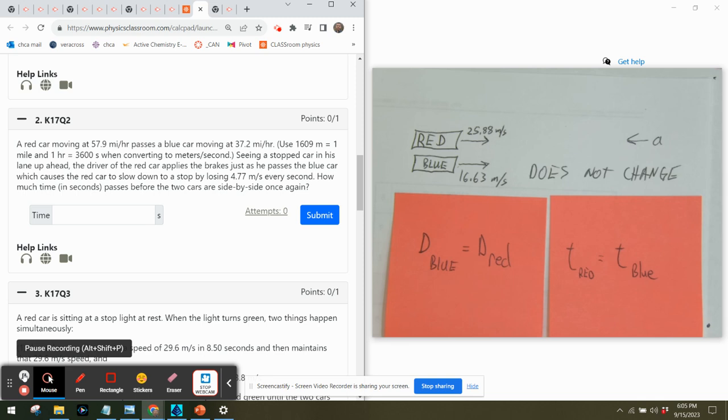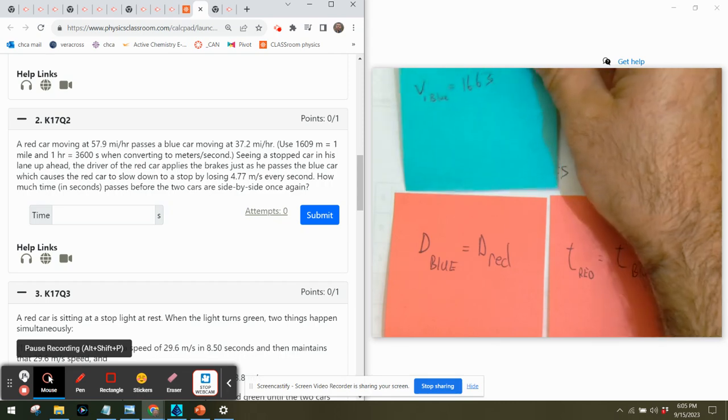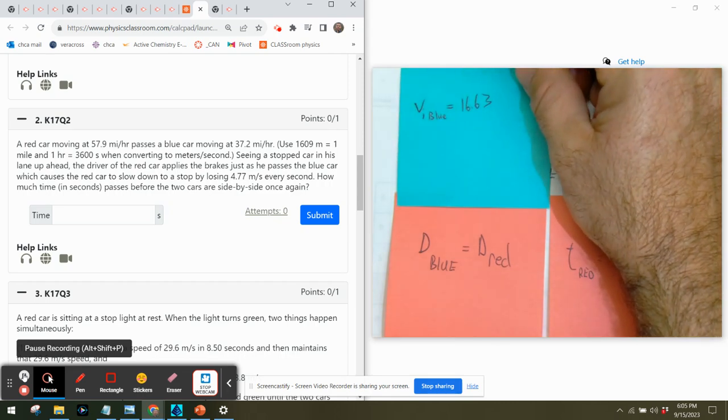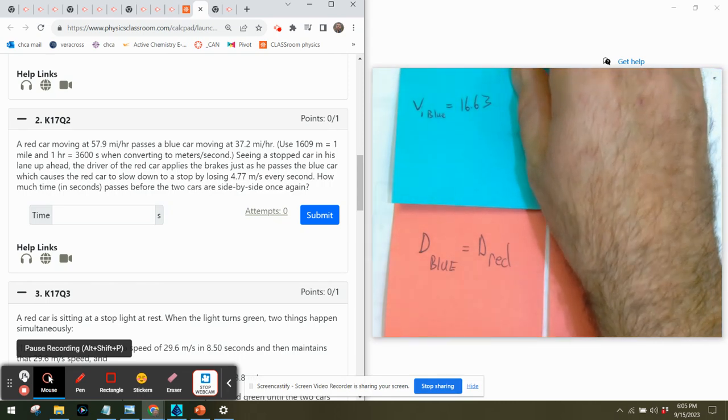So when you start trying to put in what you do have, what I do have is not quite enough room on this screen. So for the velocity initial of the blue